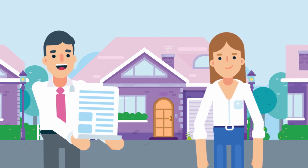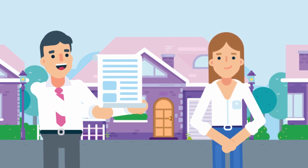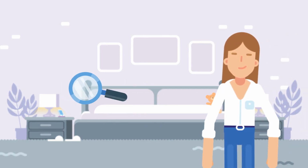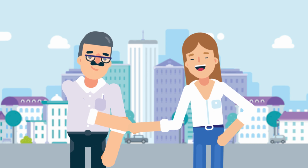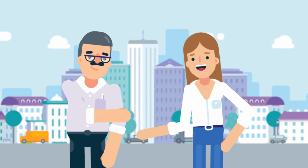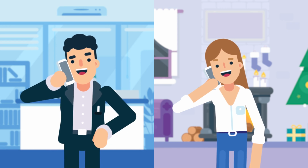The buyer and seller complete a purchase agreement, or their sales contract, and they agree to what the terms are. The buyer has the option for a home inspection and an appraisal, and they'll typically get a title search done from the title company. If you go to an attorney, you probably have to order this separately from a title